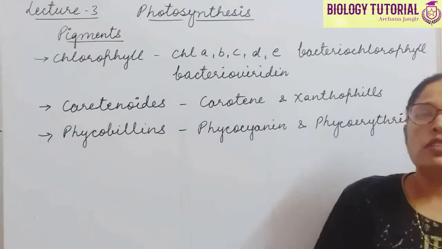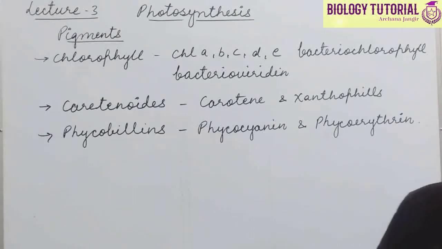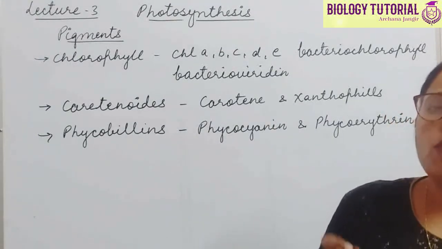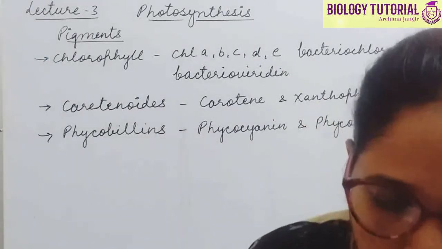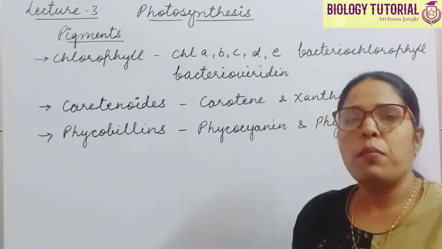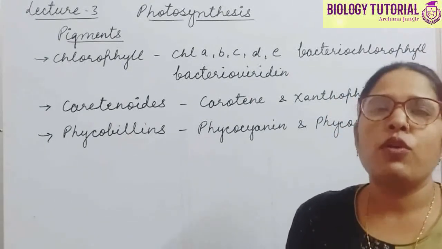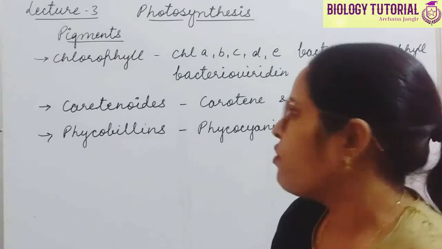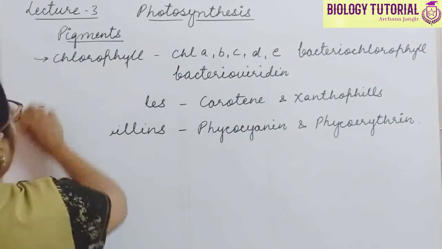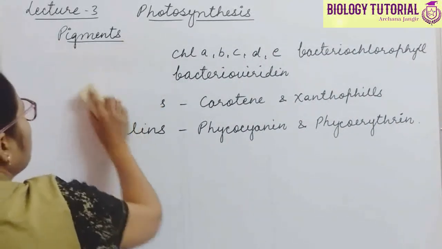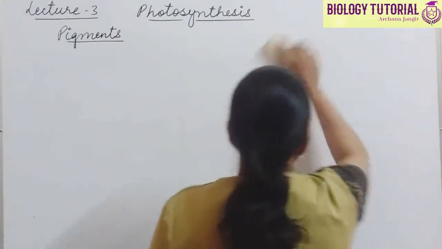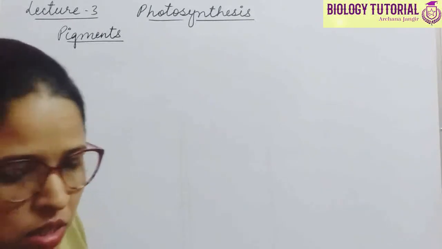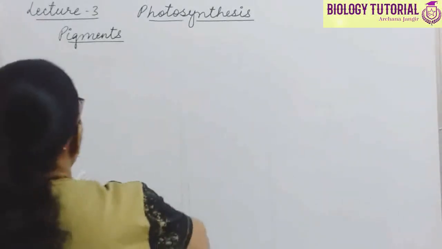So we have to discuss the structure of chlorophyll. Firstly, we have to differentiate chlorophyll A and chlorophyll B. What is the difference between chlorophyll A and B? Because both of these are the important pigments, and after that we are going to discuss the structure of chlorophyll A and chlorophyll B. So firstly, the difference between chlorophyll A and chlorophyll B. Here is chlorophyll A